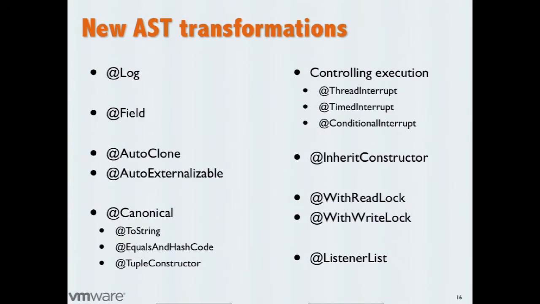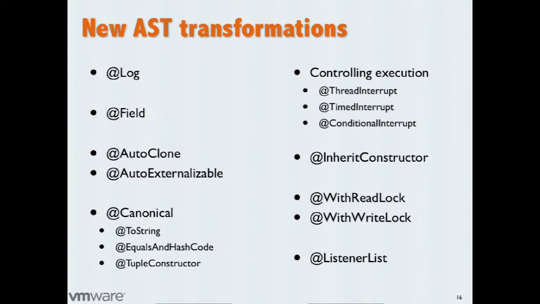A key facility of Groovy is what we call AST transformations. AST stands for abstract syntax tree. That's the in-memory representation of a Groovy program. This is a bit like a compiler plugin. You can plug into the Groovy compiler to change the structure of your program before it is actually compiled down to bytecode. And thanks to that capability, we can annotate